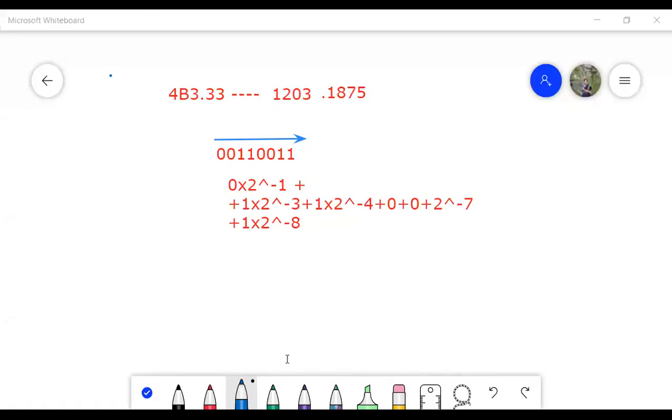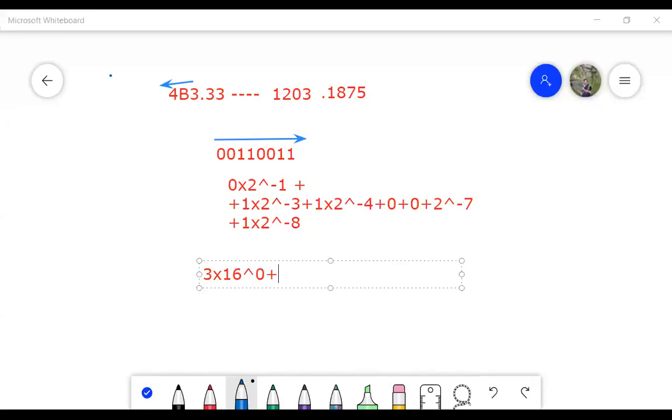There is another method to solve this: using the weights. So what is the weight? It is again 4B3, I'll show. Whenever we are solving this, we have to solve from 3 first. So I will write that accordingly and we'll solve it. It will be equal to 3 into 16 to the power of 0 plus